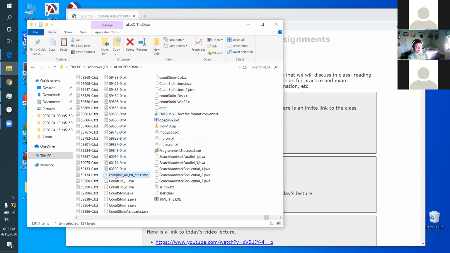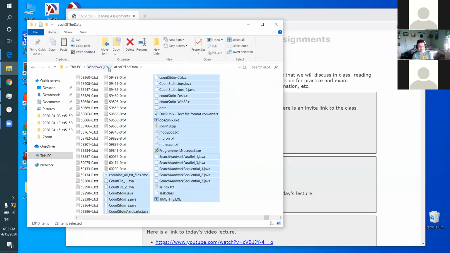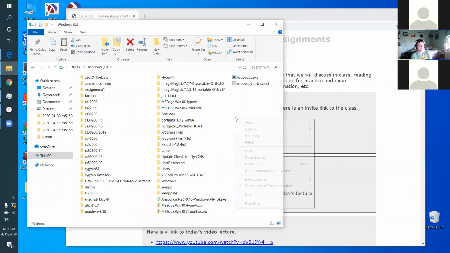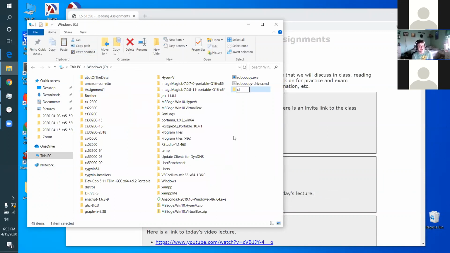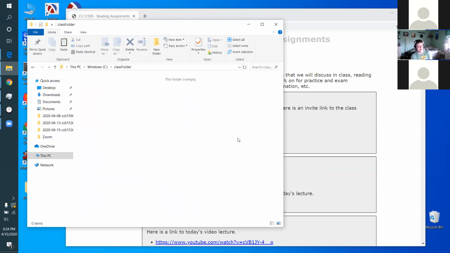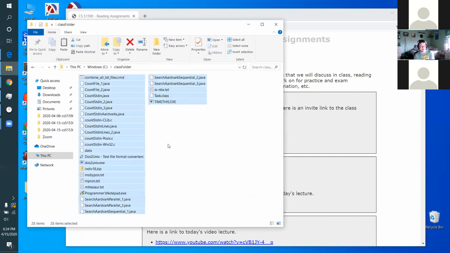So let me make life a little bit simpler by copying all this to a new folder. Instead of having 1,000 files in the folder, our job is to